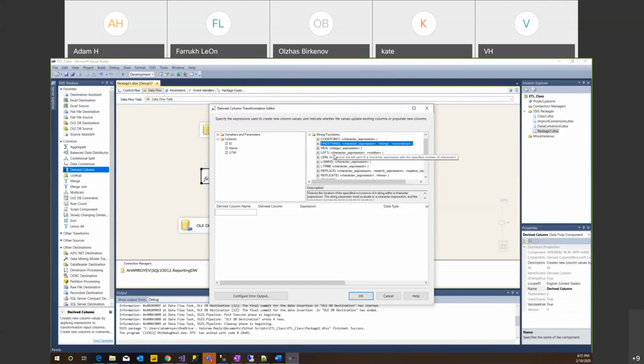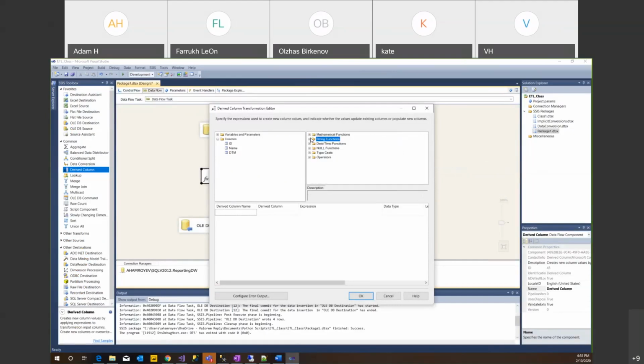Find string is like a string index, like char index and part index, that kind of stuff. Lower makes uppercase into lowercase, that kind of stuff. You can open them one by one, or you can check in your textbook. You can Google and see what they are. There are not many of them, just a little bit, but that's more than enough. The purpose of an ETL package is not to write extensively difficult queries. It's basically very easy expressions that are a good idea, but